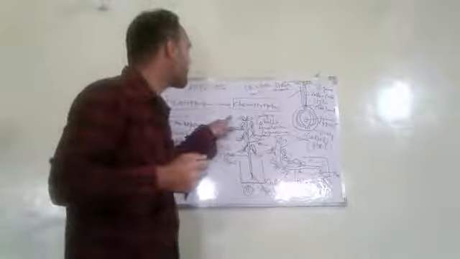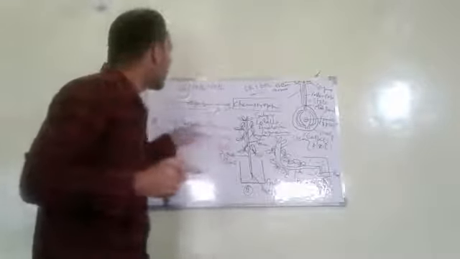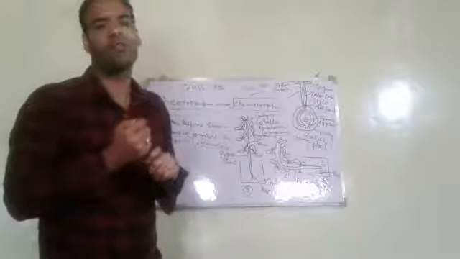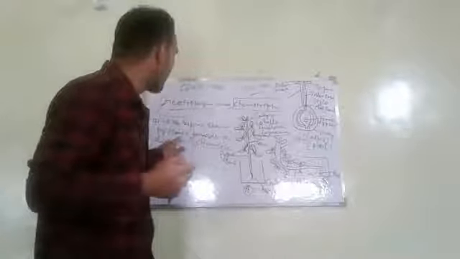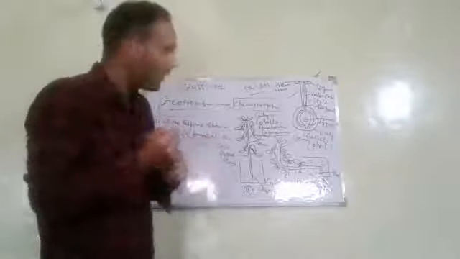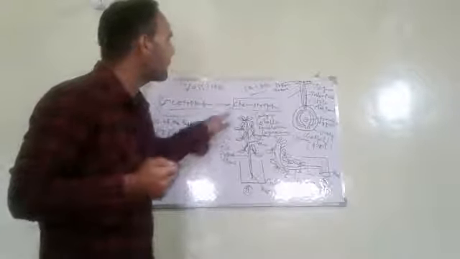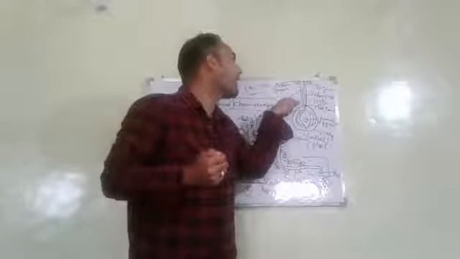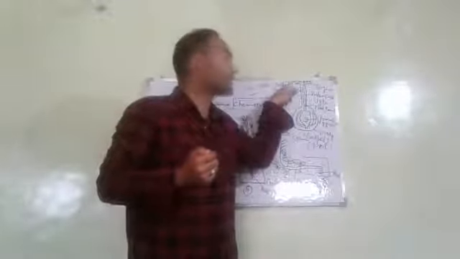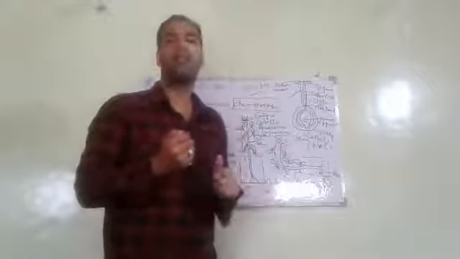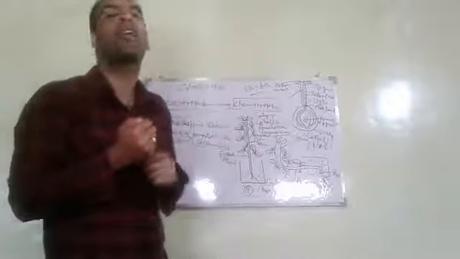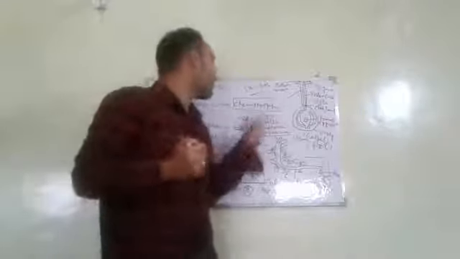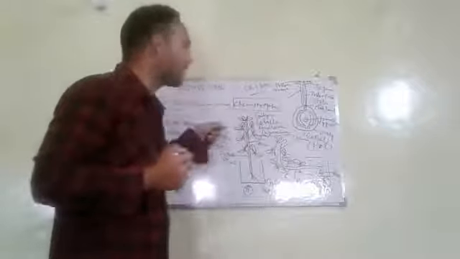Now, what is chemotropism? I have told you that it is the response shown by plants towards the direction of stimulus of chemicals. The example of this chemotropism is the growth of pollen tube down through the style in response to the sugary substances secreted by stigma. These sugary substances are mainly chemicals. The response shown by plants towards the direction of stimulus of chemicals is called chemotropism.